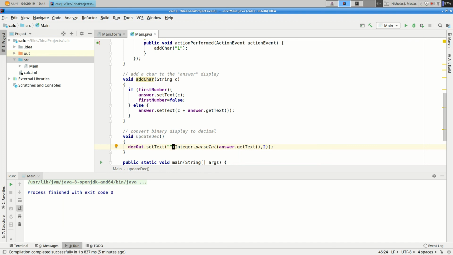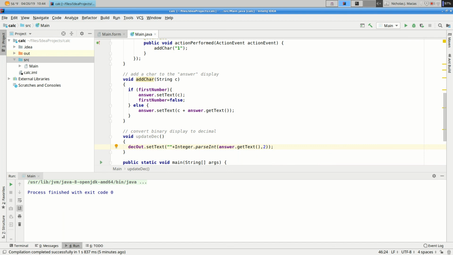All right, that's a really powerhouse statement right there. There's multiple function calls and things happening inside the argument lists. And that's a one-line method that'll update the decimal display based on what's in the answer display.